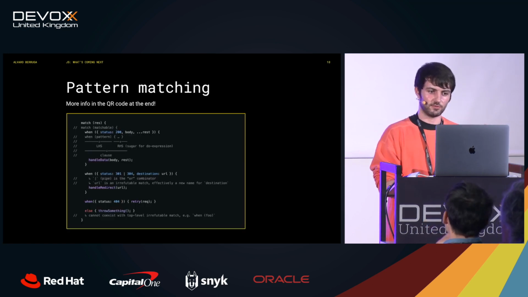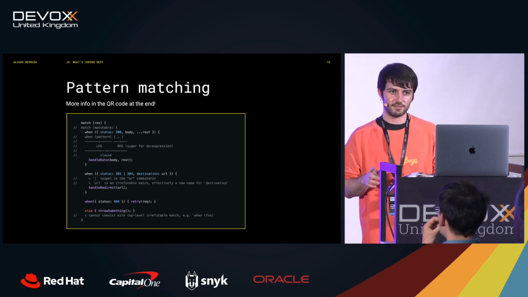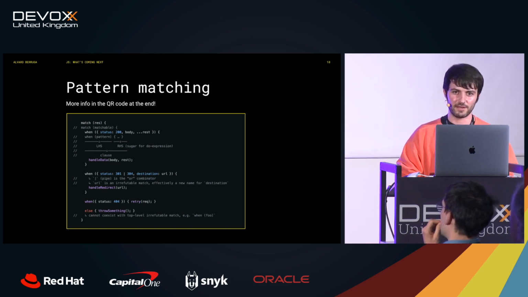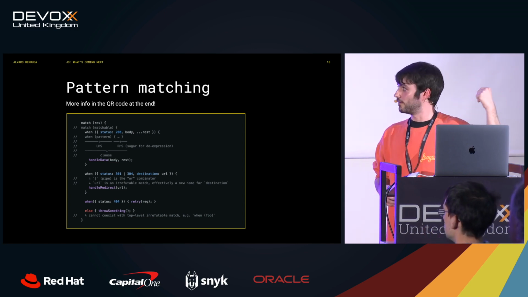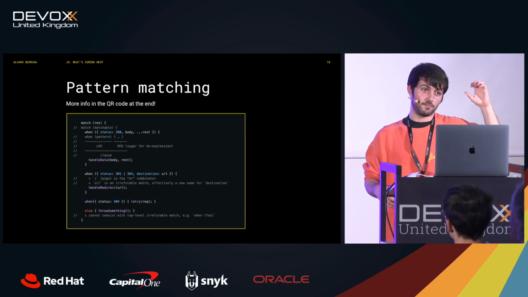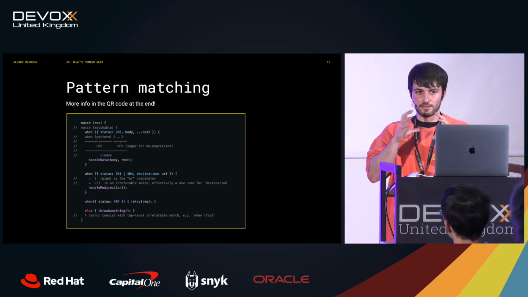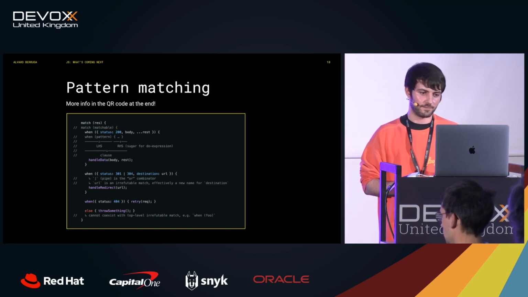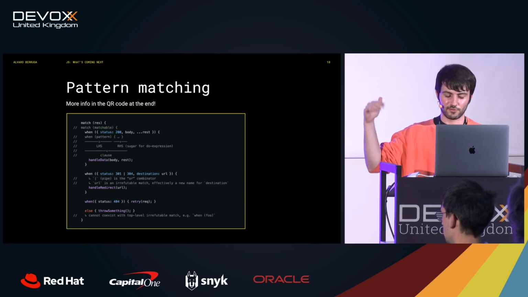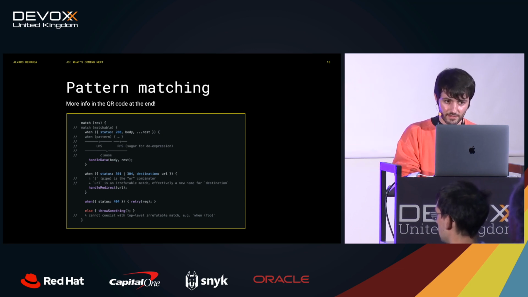Moving to the next one, static typing right now is in stage 1 because it was just recently introduced, right? For pattern matching, unfortunately, I don't think you will be able to read this, but it's similar to other programming languages, where basically it's like switch and case, but now it's match and when, where match is an object. You receive an object, and when it fits the structure of that object, then you run the code inside that when statement. There is more info at the end in the QR code.